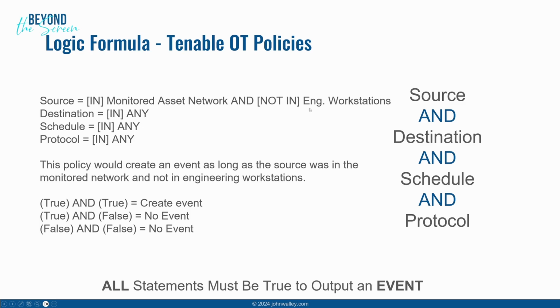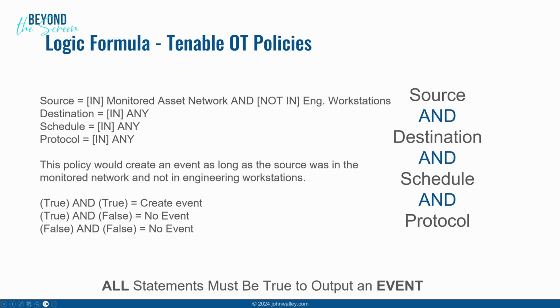And the question may be, well, wouldn't we want to know if an engineering workstation was outside? Absolutely, but we have other rules to figure that out. And we'll capture that from external networks. So a different policy will catch those. So almost always, when you're doing nesting within your source, your destination, your policy, you're going to be using the